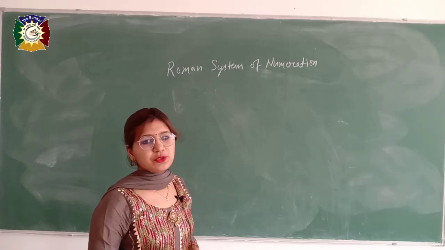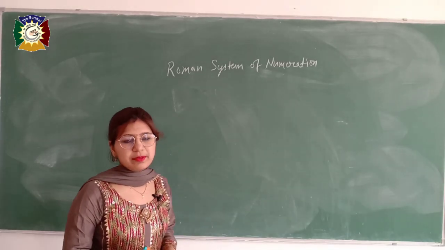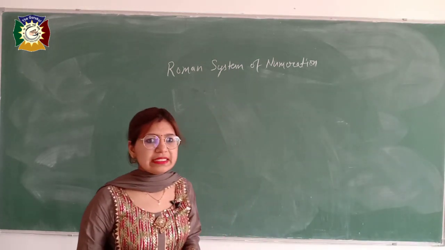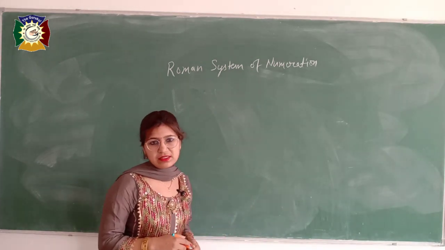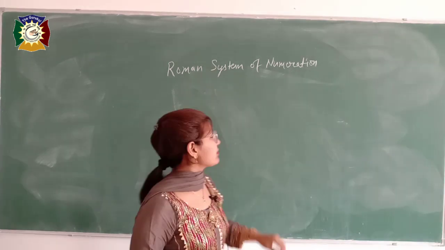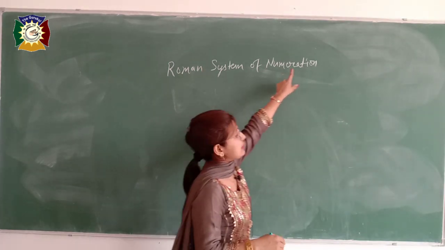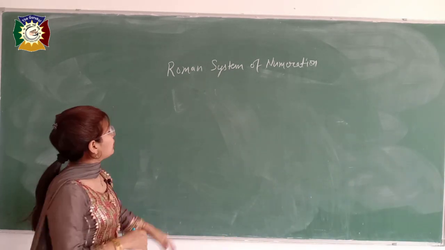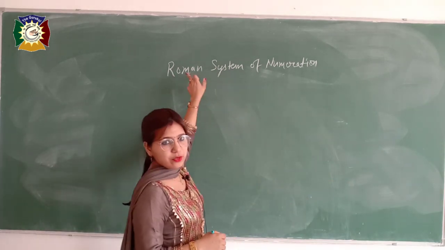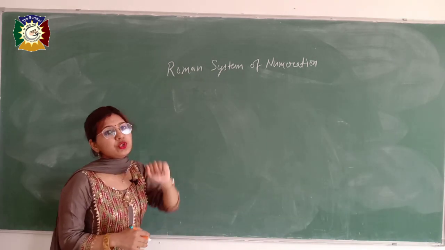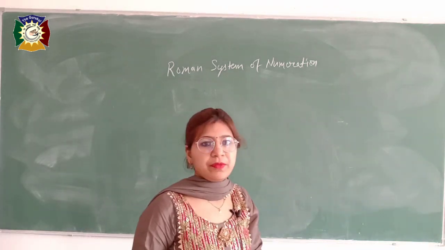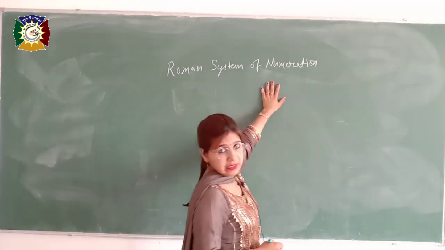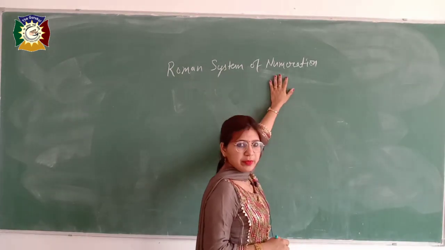Good morning students. Today we will continue our first chapter named Knowing Our Numbers. In our previous class we studied the Indian system of numeration and the international system of numeration. Today we will study the Roman system of numeration, which is very common in today's life. Students, this system is given by Romans, and Roman people didn't know about the value of 0. This is the reason that they don't use a place value chart in the Roman system of numeration.